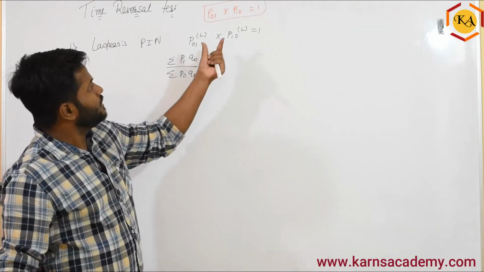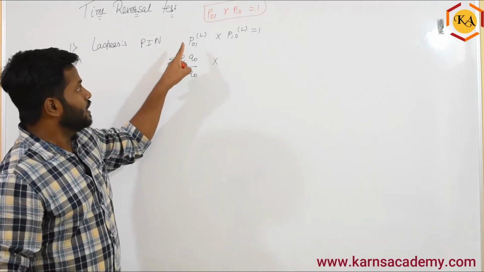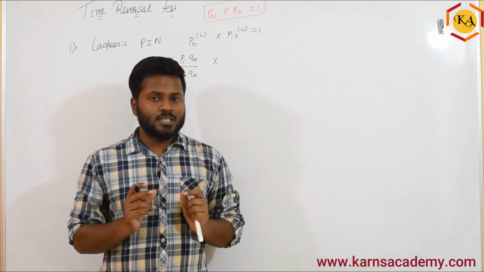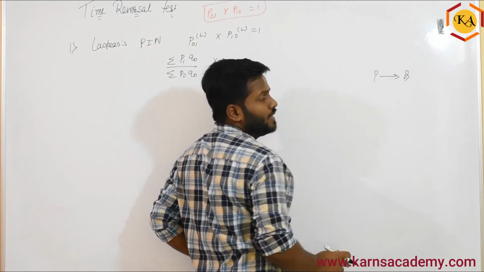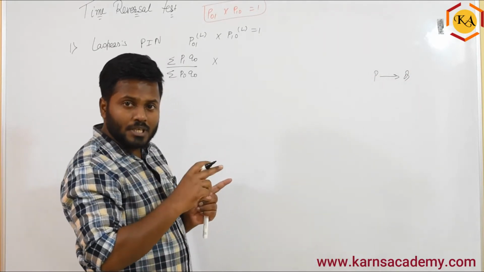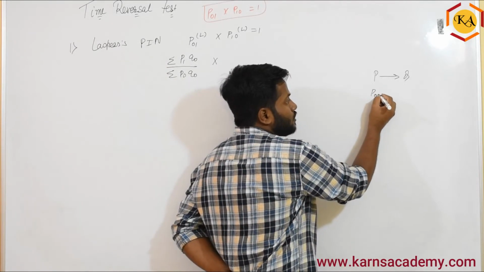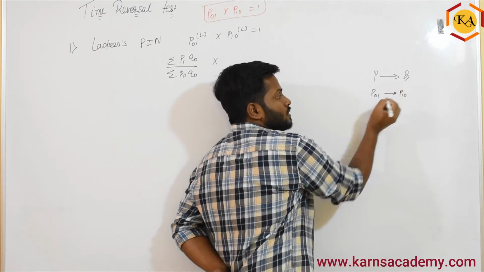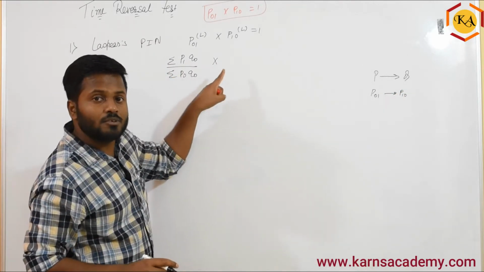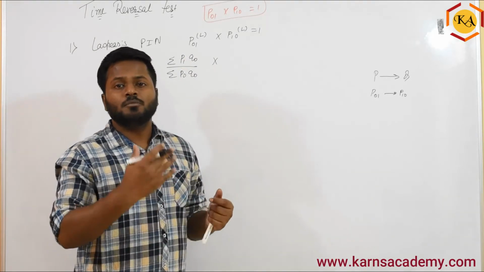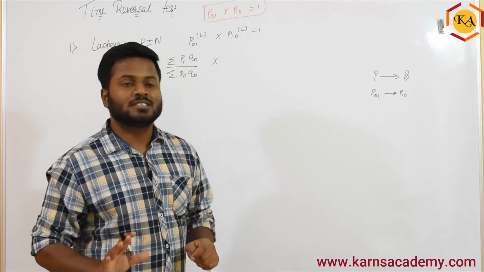Now we have to write the formula for P10. Try to understand: earlier, when we were changing price to quantity, what did we do? We shifted P to Q, Q to P. Here we are changing P01 to P10. So wherever there is a 0, you will make it 1, and wherever there is a 1, we will make it 0. Which means base year will become current, current year will become base, but price and quantity remain the same.